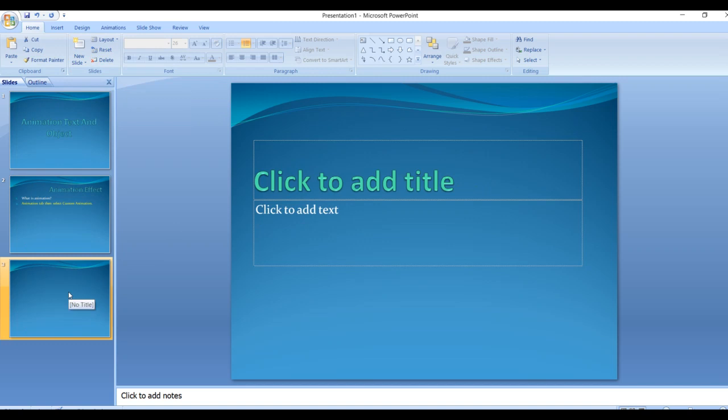Now in this I want to insert a sound clip. A sound clip may include any kind of music. A music or a sound effect can be added to any presentation. Now for this presentation I can add anything. You can add sounds in the form of music or a special effect to give importance to a certain sound.